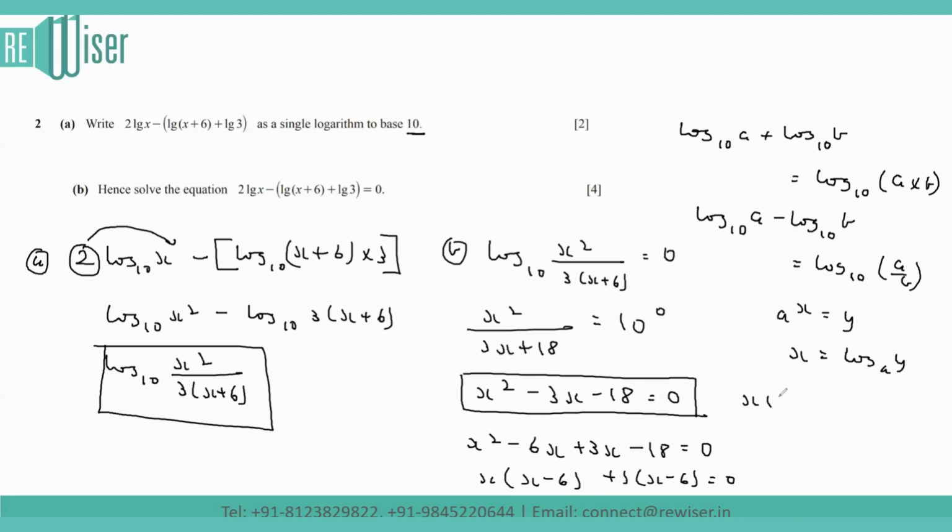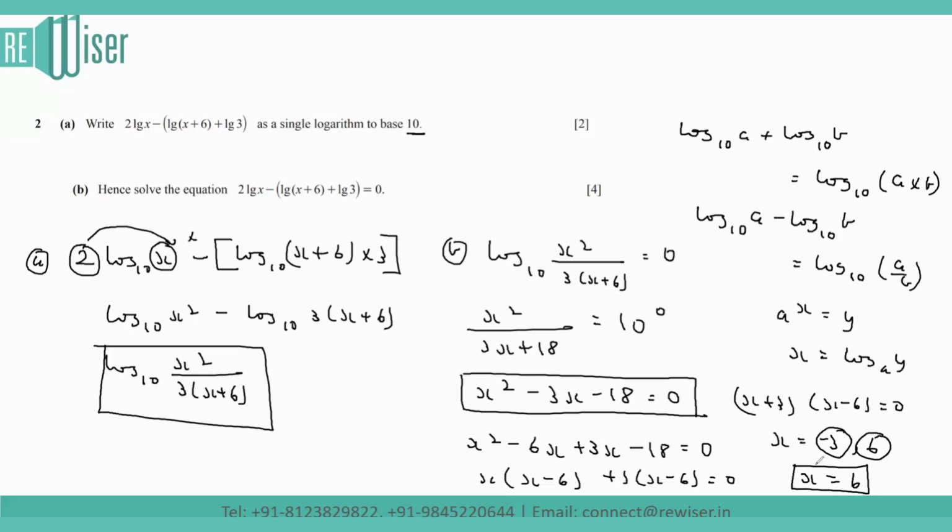So the two factors that we got are (x + 3) into (x - 6) equals 0. So x is minus 3 or 6. See, we cannot take x as minus 3 because if I put x as minus 3 over here, the log of a negative will not be defined. So in that case, the correct answer should be x equals 6,